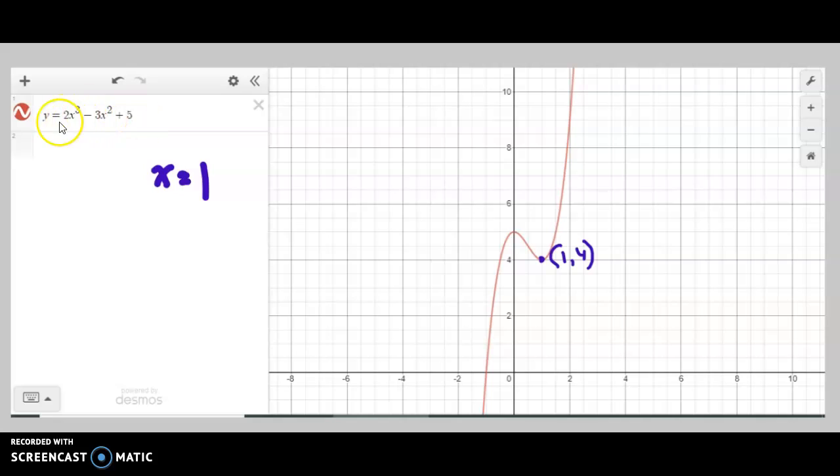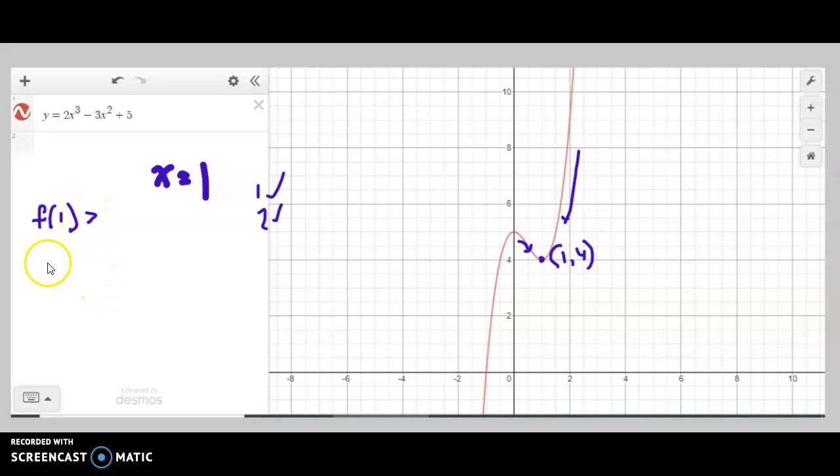Is there any reason here that 1 would have to be thrown out, that f of c would not exist for this? And the answer is no. There's no denominator, there's no square root. It's perfectly fine for it to exist here. Okay? The next thing, does it approach the same thing from the left? Well, yeah, it's going to 4. As from the right? Yep, it's going to 4. So number 1 checks out, number 2 checks out, and then we're going to substitute it in f of 1,